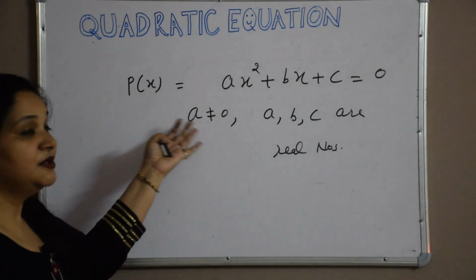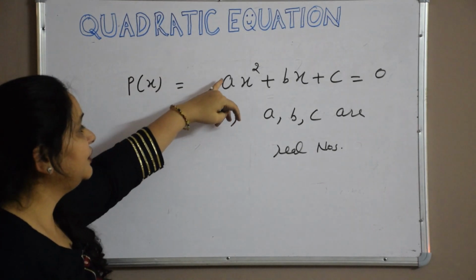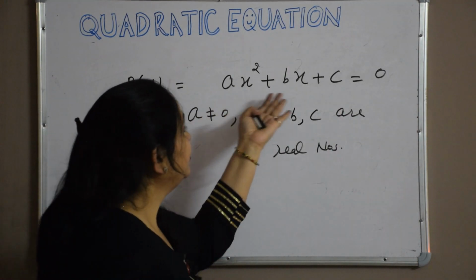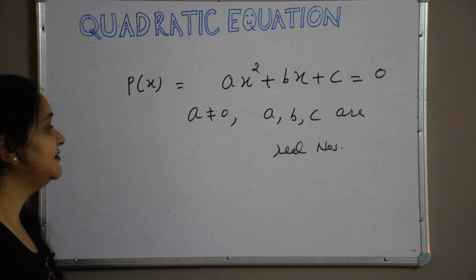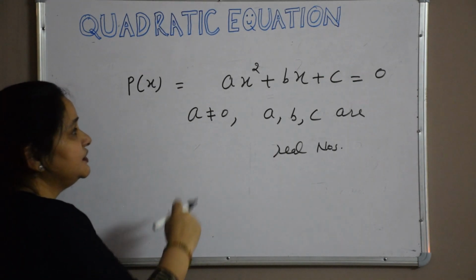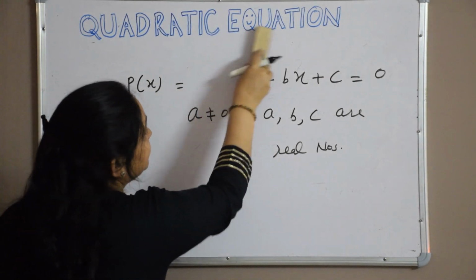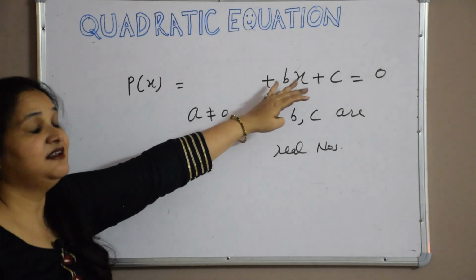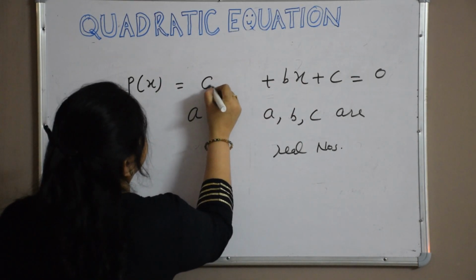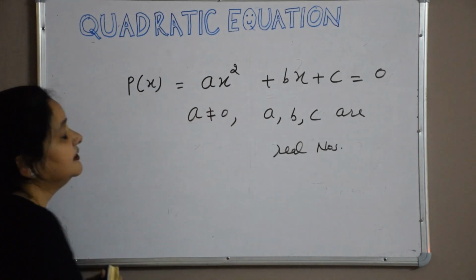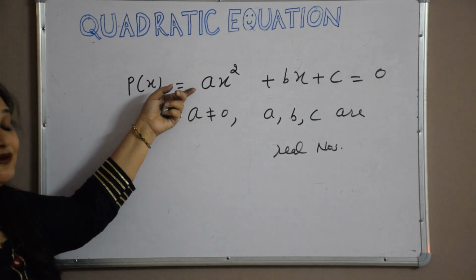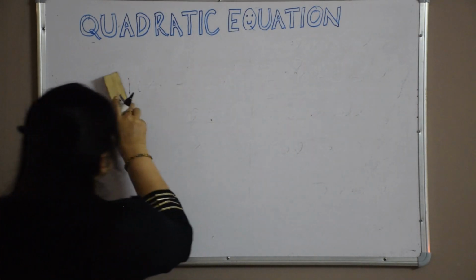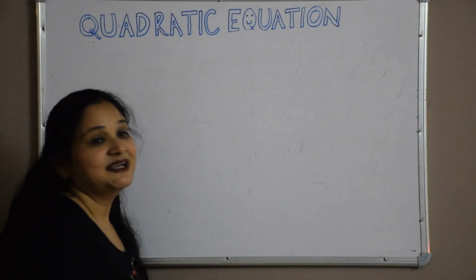Initially, I took an example of an algebraic expression and I came to the polynomial, and now from polynomial I came to the equation. What is an equation? When we equate a polynomial equal to 0, it becomes an equation, and here a is compulsorily not equal to 0, because if a becomes 0, this term becomes 0 and it will not be a quadratic. Now it becomes a linear polynomial, linear equation. So the degree is the highest power, and the coefficient of the leading term should not be equal to 0, it is a must. So I think now you understood the concept of a polynomial and an equation.